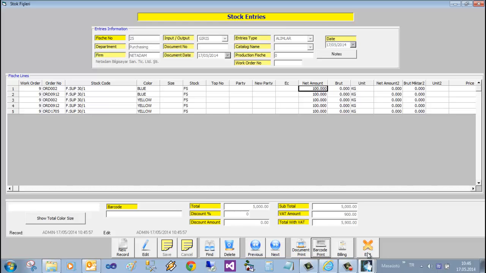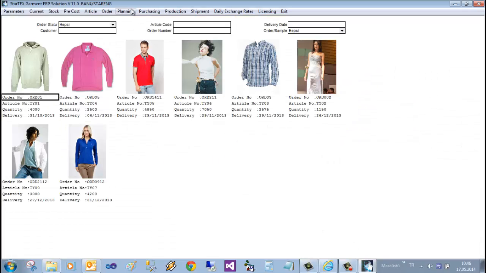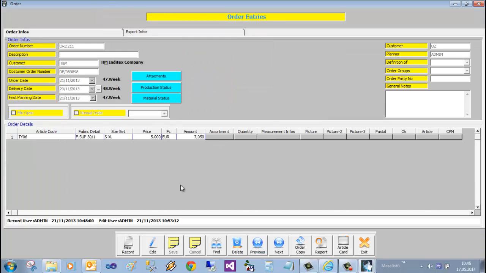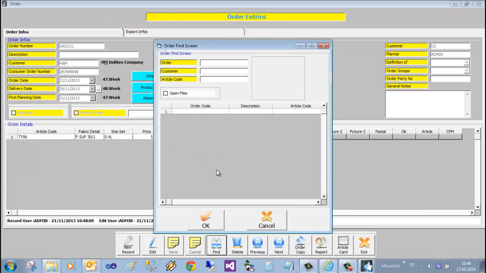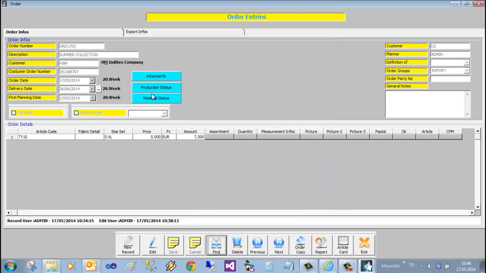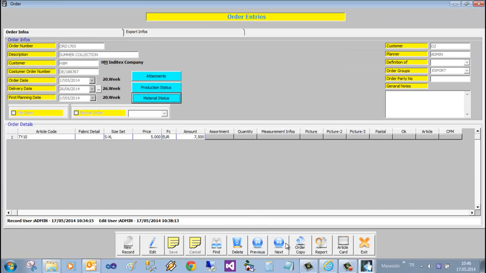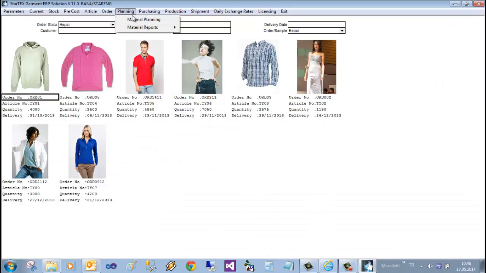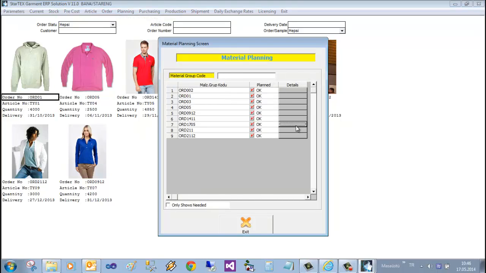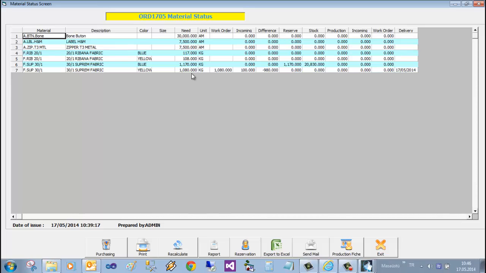In that case, we want to look at details, order details. Yes, you can find the other order, my order number. Production status shows me. Material status. We can. Not here. Planning details. This screen is the needed yellow and work order incoming amount. This is different. After that,